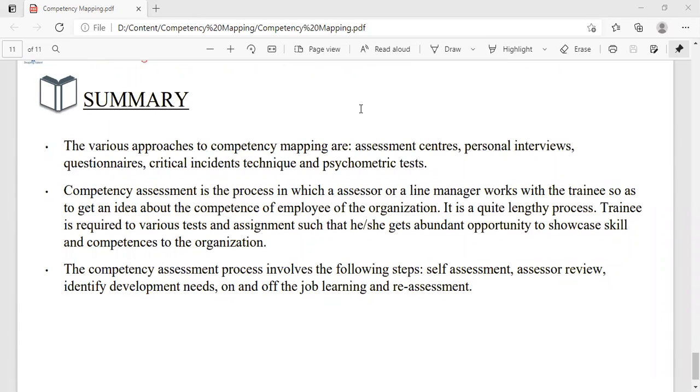So this is what we did in this session. We understood about competency mapping, the different approaches of competency assessment, the different methods that are used, why this competency assessment is so important, or basically why the assessment centers are used, and then finally the process, the steps on how we do it.